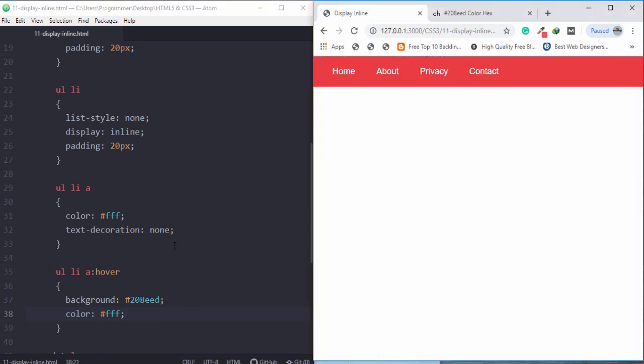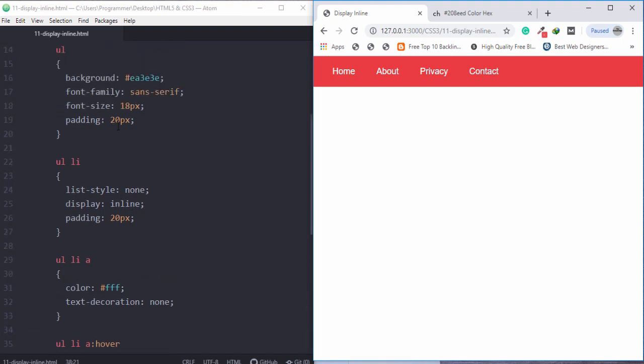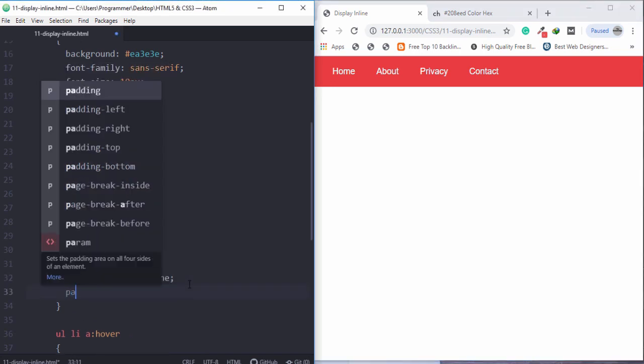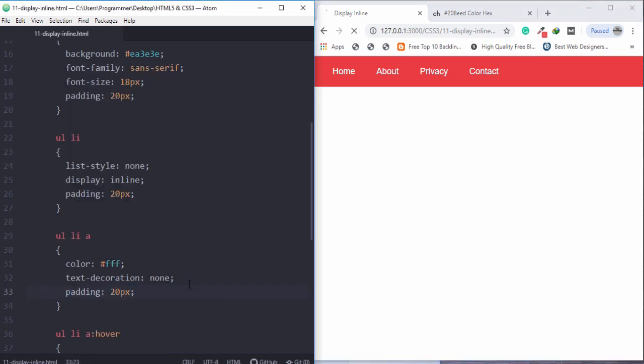Okay, just a minute. Hover, padding, UL. I think I need to use padding. Okay, everything is perfect guys, as you can see, but I think I need to remove that, and as you can see guys,